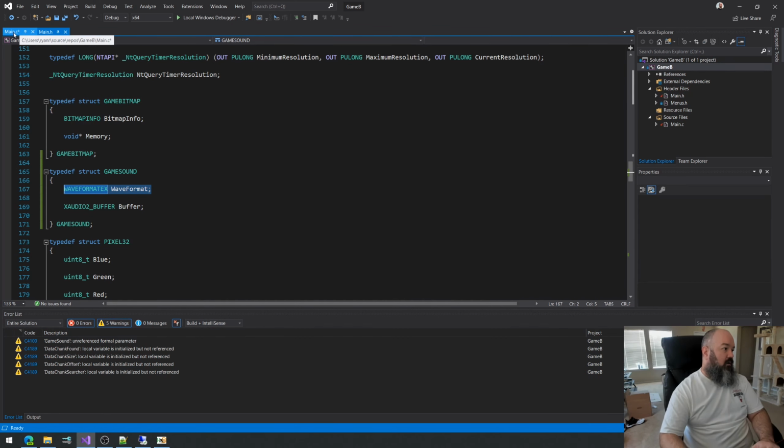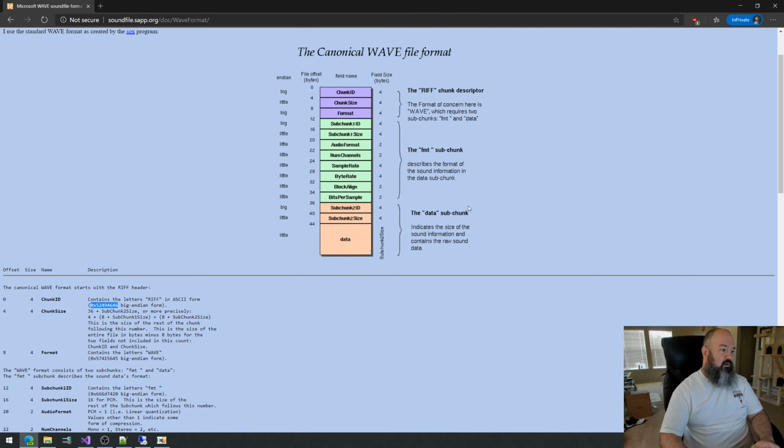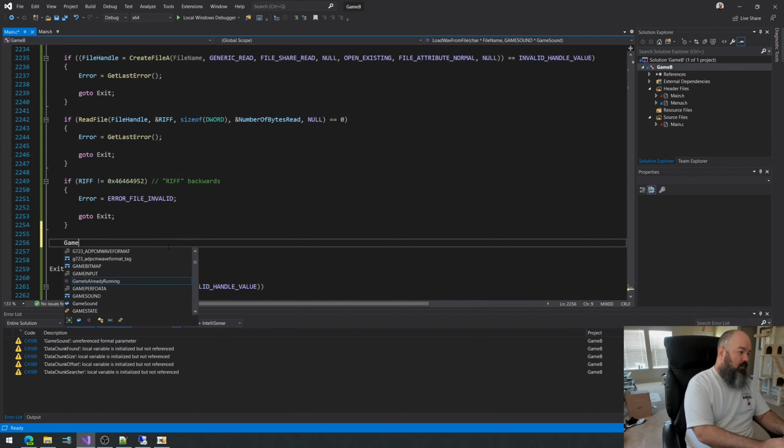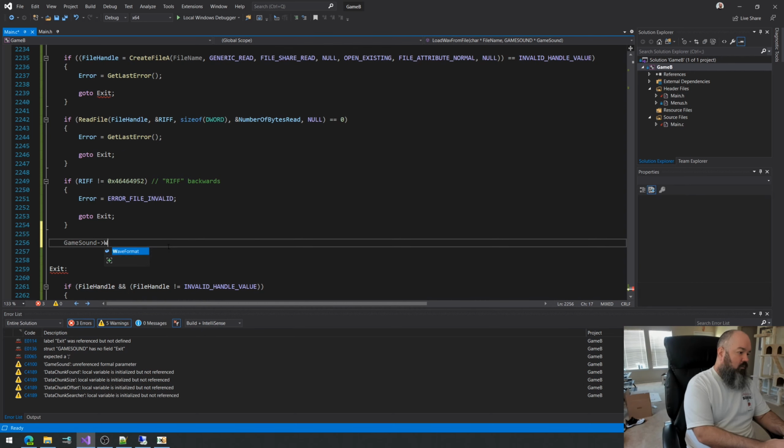And it's at 20 bytes offset. So if I go back and look at the file format again, it starts at the audio format. I think it starts right there. Okay, so at 20, we have 2 bytes, which is the audio format. PCM equals 1. Values other than 1 indicate some form of compression. So when I look at my game sound and I look at the wave format,